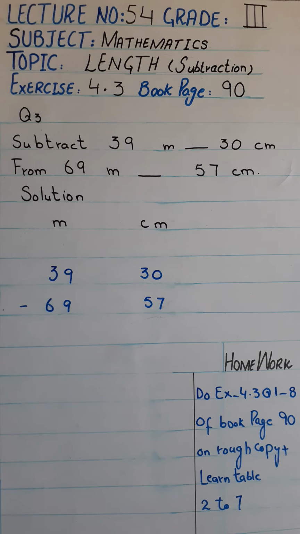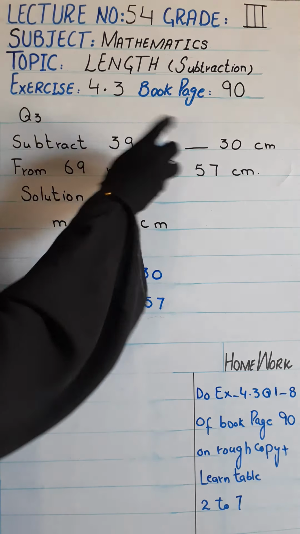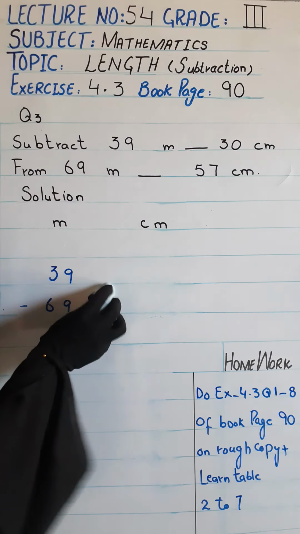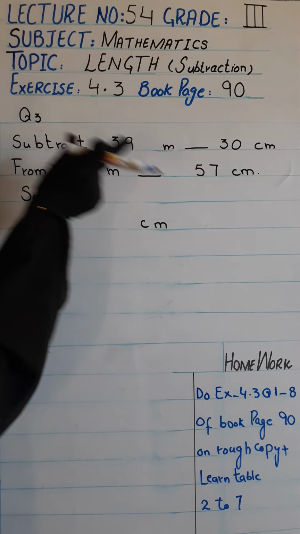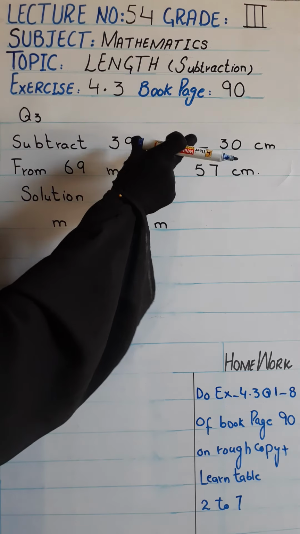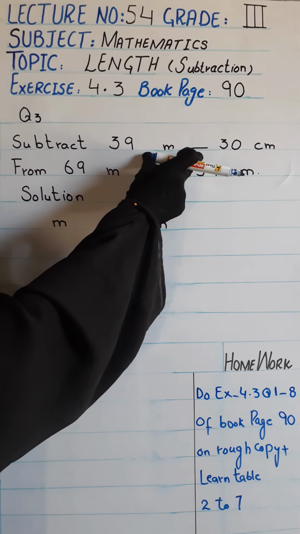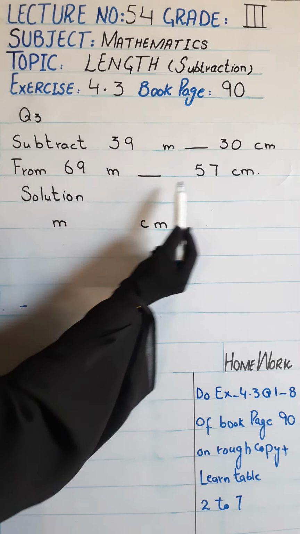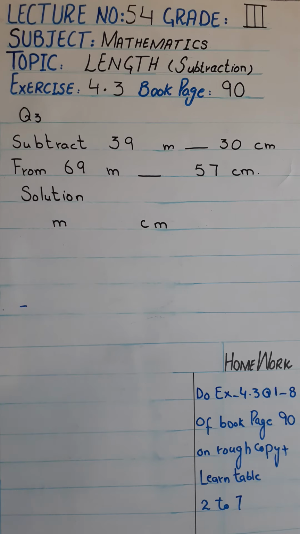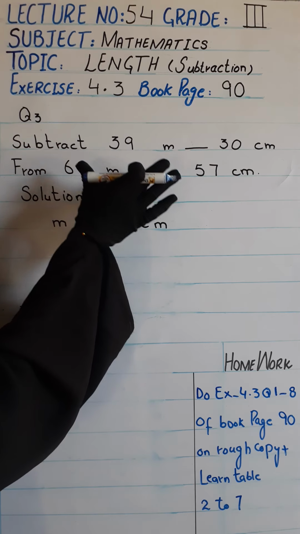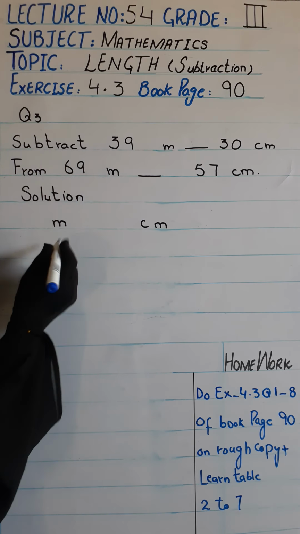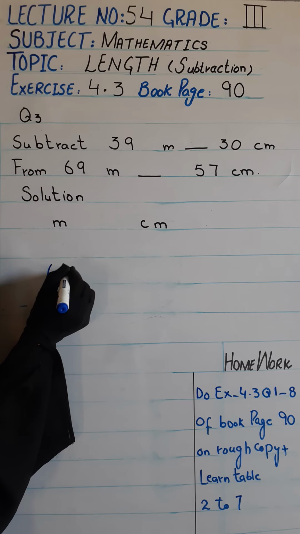So when you arrange the question, you write it in vertical order. You follow the instruction given in the question. In the question, this point is clear: subtract this number, which is the second part of the question, from this number, which is the first one and the greater number. So you write this one first, this unit's number first: 69 meter, like this.